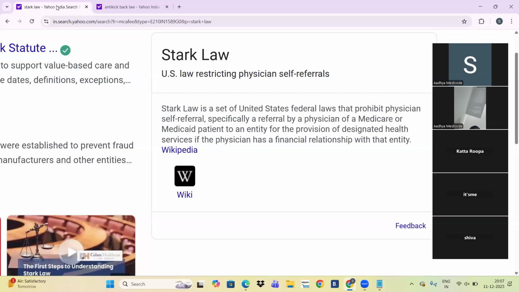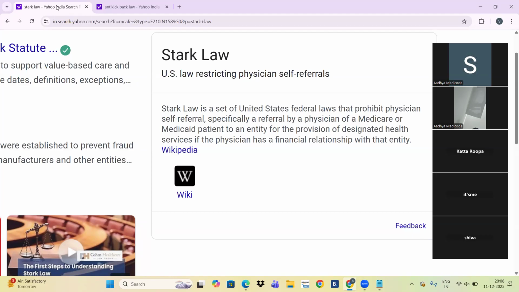Or if they maintain a diagnostic test center, like a lab test or diagnostic study center, they will refer the patient to that particular diagnostic center. Or PT/OT, physiotherapy or occupational therapy visits.